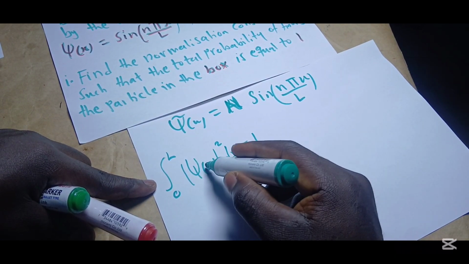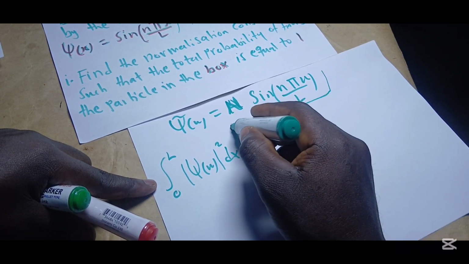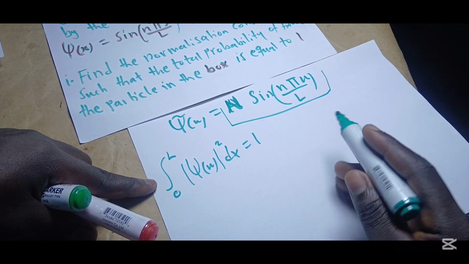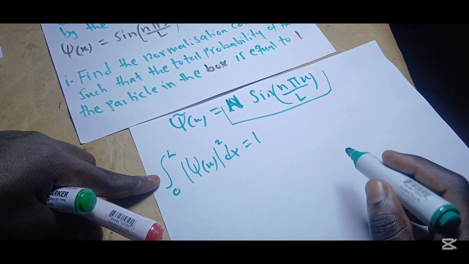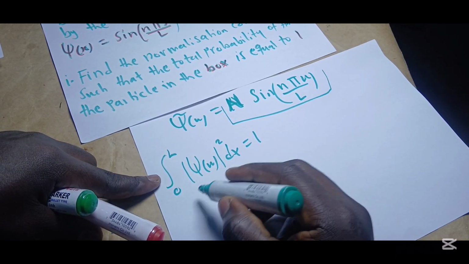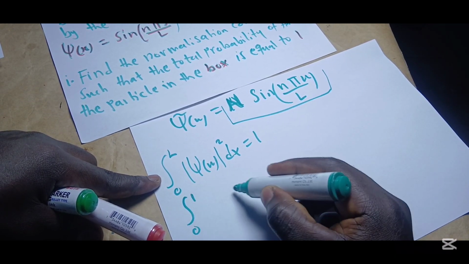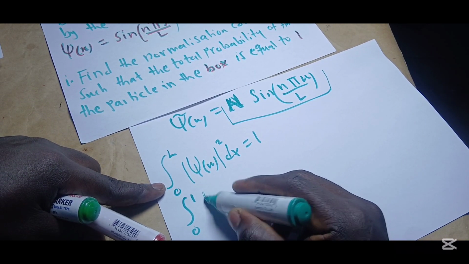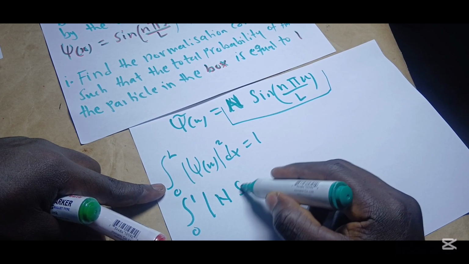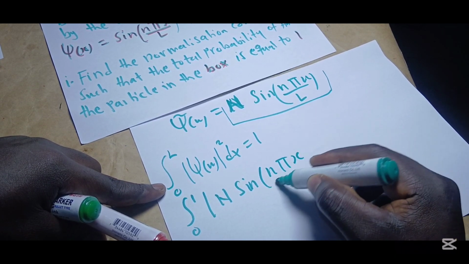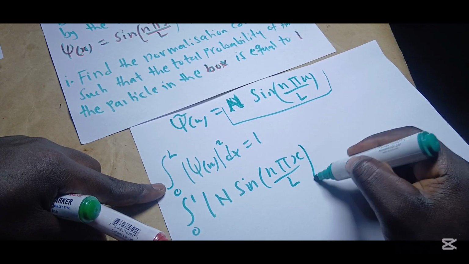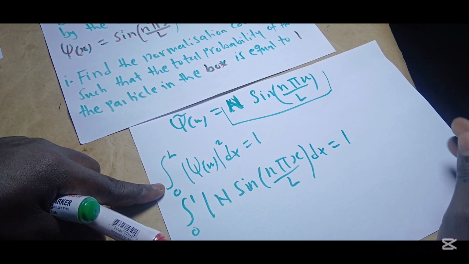And now we know this psi of x is equal to n sine n pi x over L. So let's do that. So this is going to be n sine n pi x over L dx equal 1,